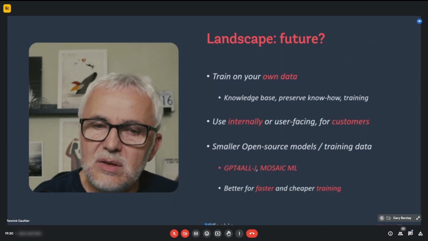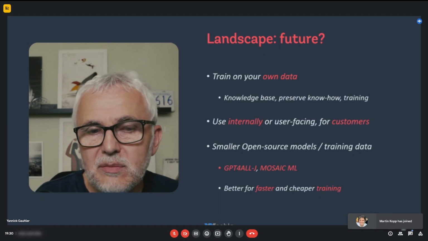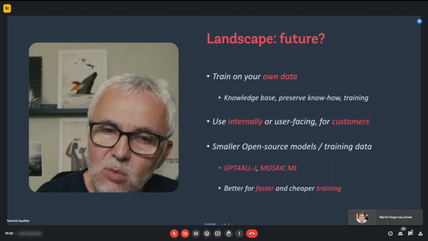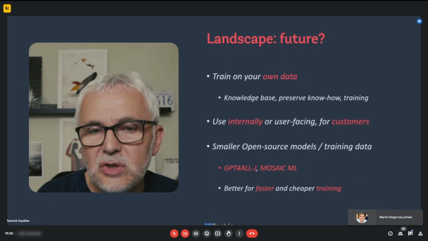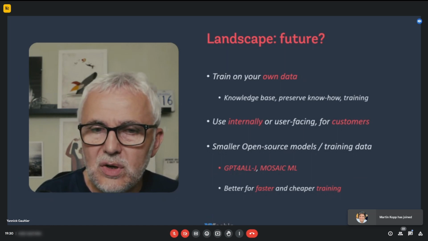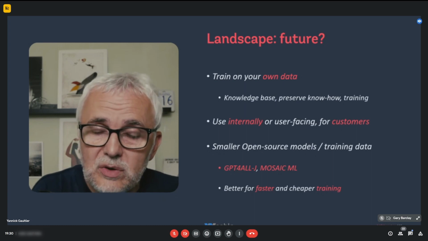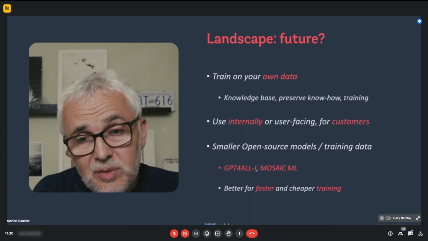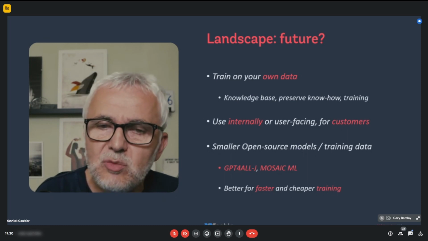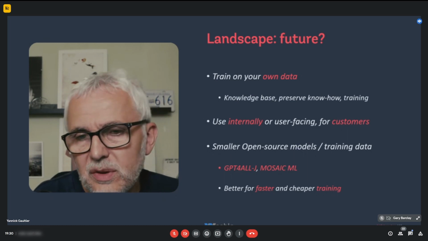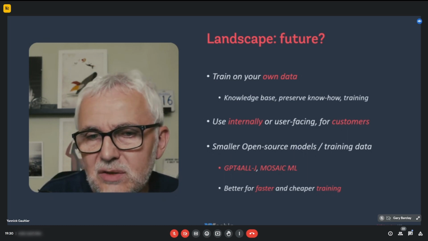Those are things that can work very well. They're also maybe very beneficial if used internally. I believe very much in internal applications, and maybe user-facing for customers. But it's a bit more difficult, as we've seen with the vector database needed for search.